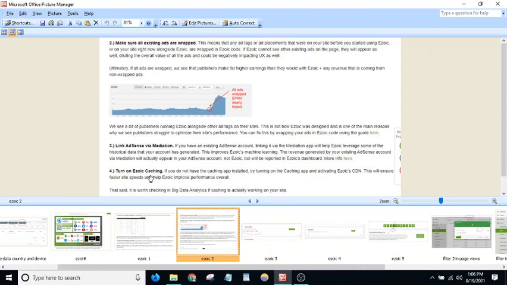But if you have good hosting and your site is loading properly, then ads will load properly and faster.